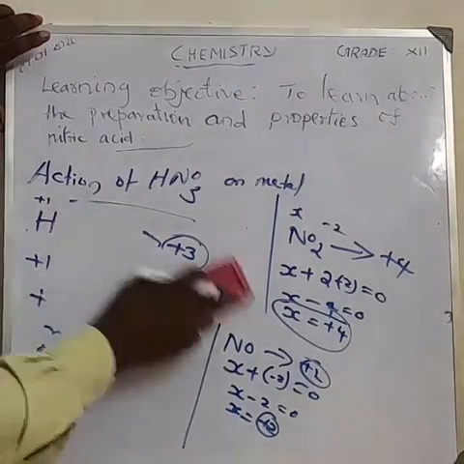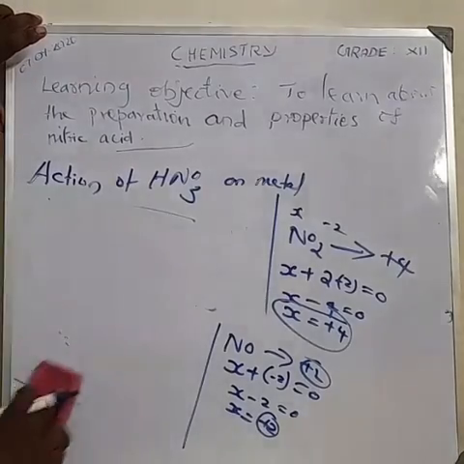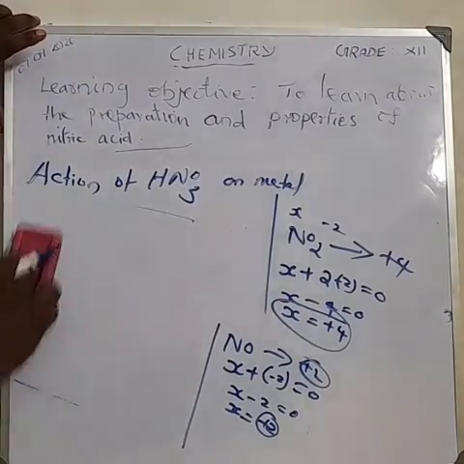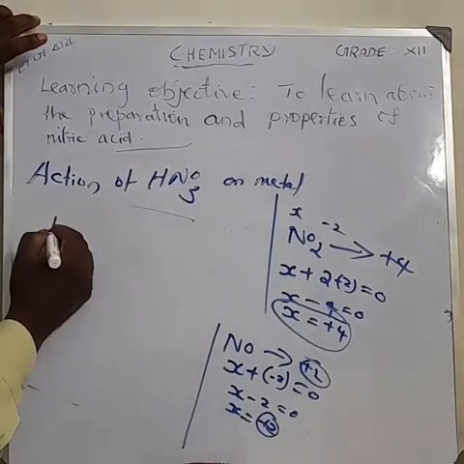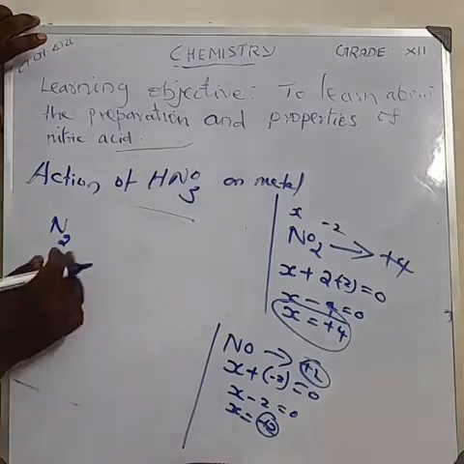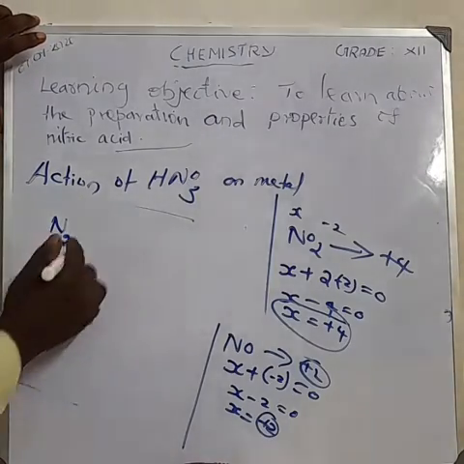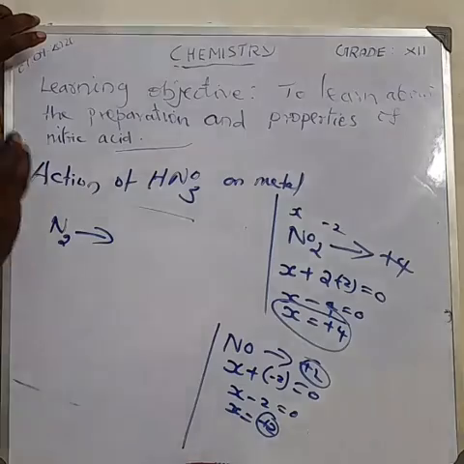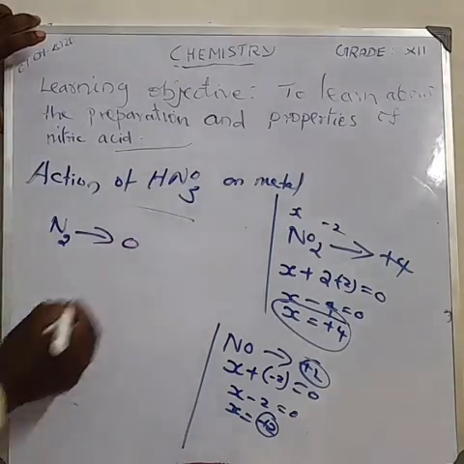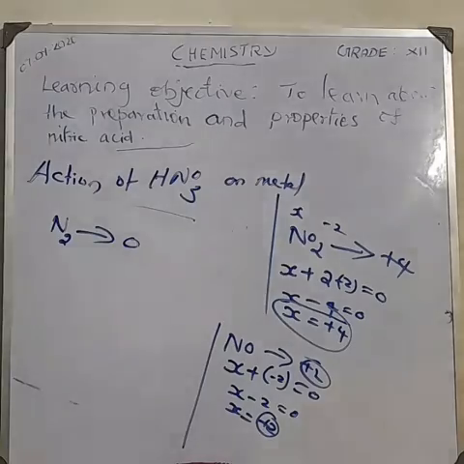Next, what is the oxidation state for N2 molecules? Nitrogen, can you say? In the previous video I told you that a nitrogen atom exists freely. Am I right? It has no other element, so it is always free. It is free, so it occurs singly, so we give it the oxidation state 0. No other element. Okay.